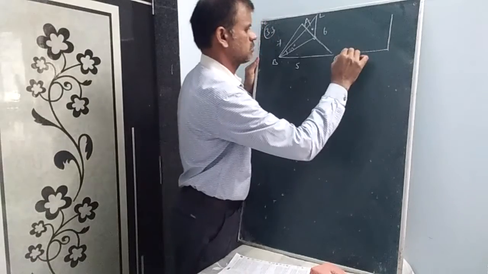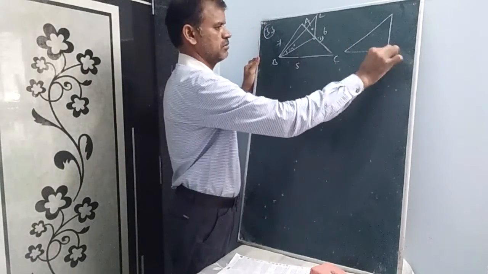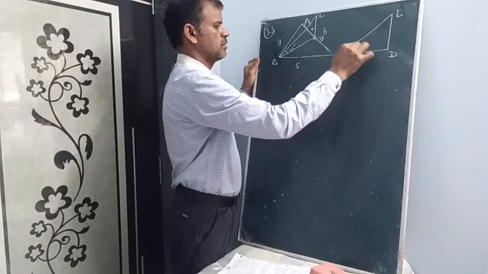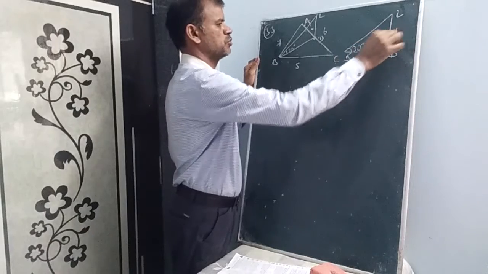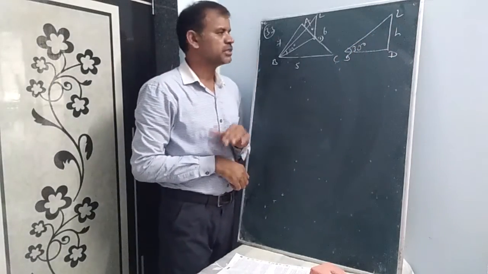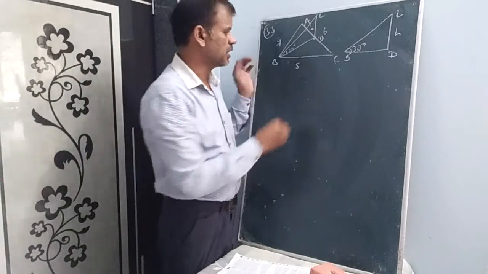To understand easily, I am drawing the diagram. Once again, this is D, this is L, this is B. Here write 30 degrees. This is H, we don't know. BD, first of all, we need to calculate. What is BD? The line joining from the vertex to the midpoint of the opposite side. So it is nothing but the median.